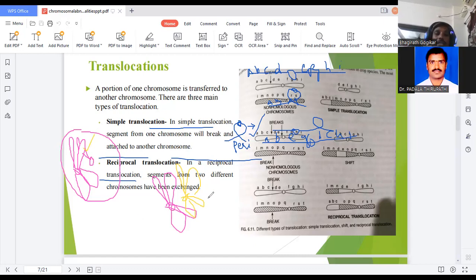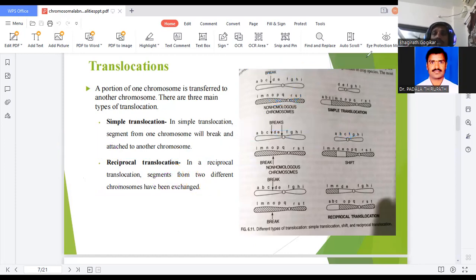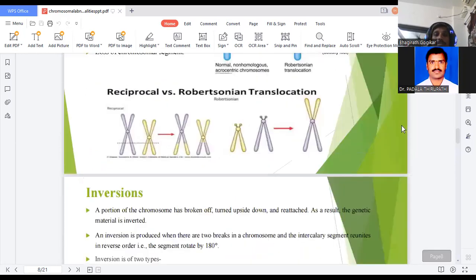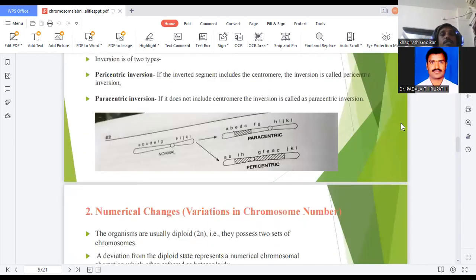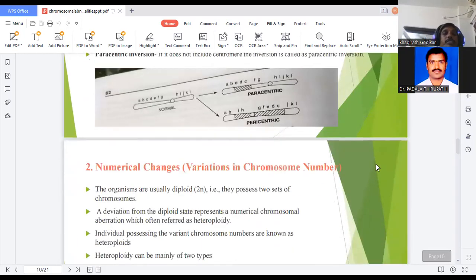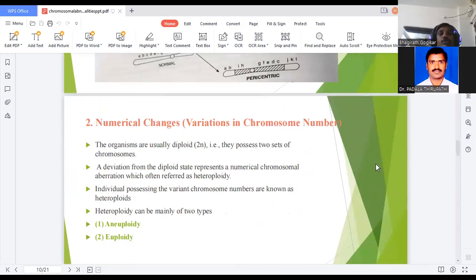So here, a pair of chromosomes which belong to two different sets, and a pair of chromosomes which belong to the same set. That is the difference you have to understand and remember. So next, inversions change chromosome shapes also. How? For example, a V-shaped